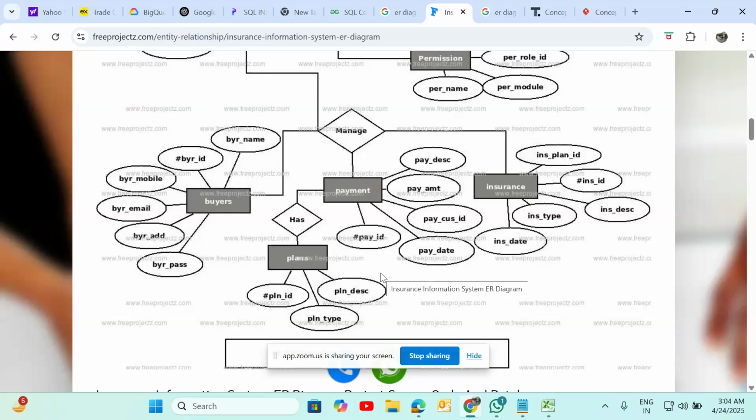We are creating one more database. This is the ER model; we are creating a data warehouse or data marts. In this ER diagram, this is our source system, and we want to create a new data warehouse or data mart.